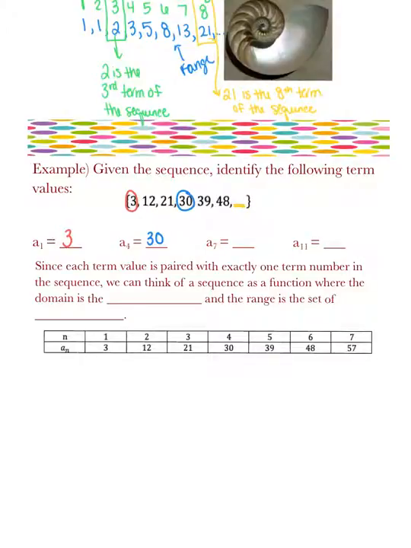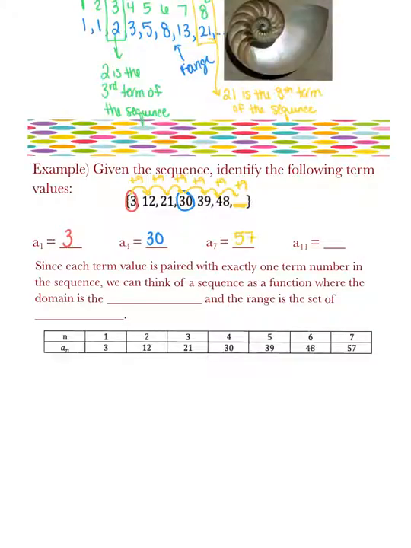What would that next term be? So let's see if there is any pattern going on. If I go 3, 12, 21, 30, I notice that every term I'm adding 9 every single time. So if I want to know that next term in the sequence, I'm just going to take 48 plus 9,